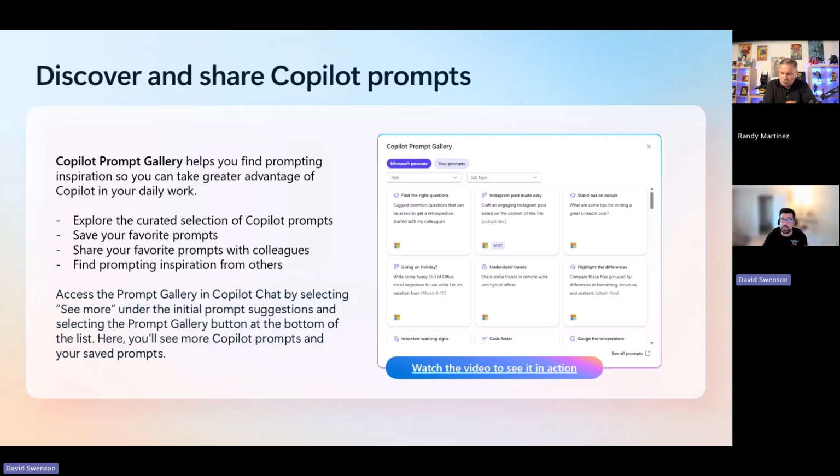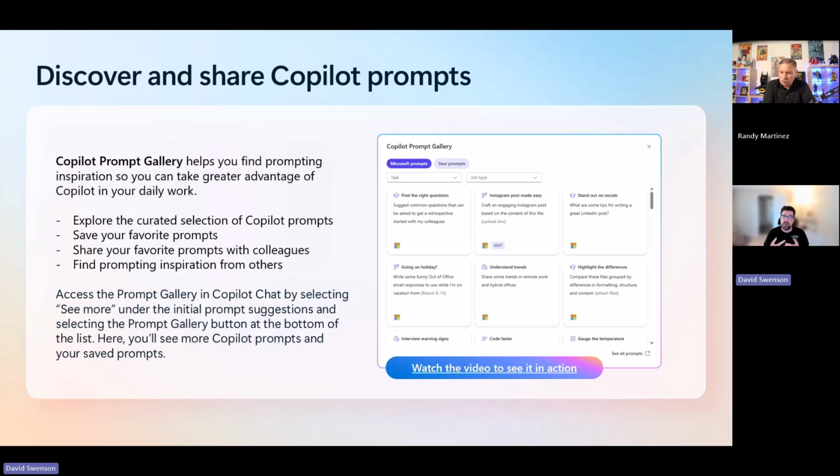And then you also have the Your Prompt section. The Your Prompt section can be filled as you start to use Copilot, and if you develop one that you really like, share it with a team member and let them use it in their own instance of Copilot too. One thing that's really important to note is if you share a prompt with another team member, remember it's only sharing the prompt itself. It's not sharing any data or documentation or files that you have surfaced using that prompt